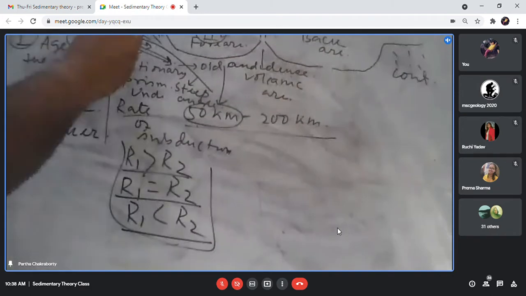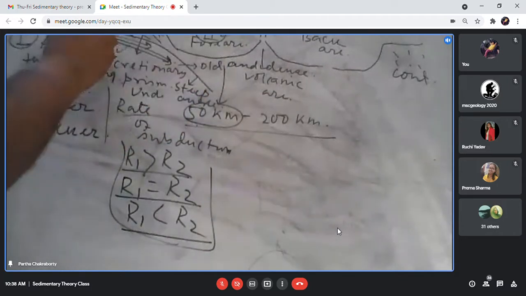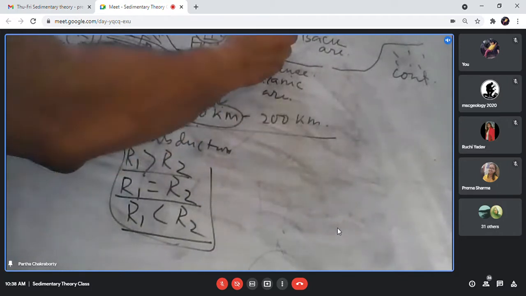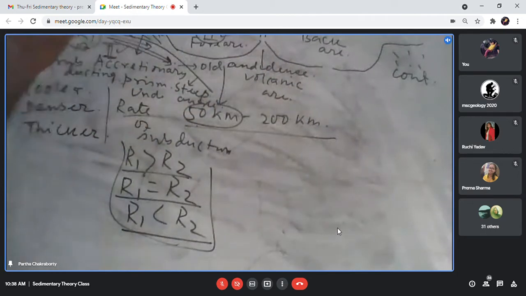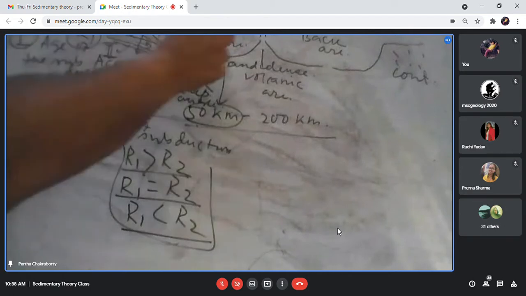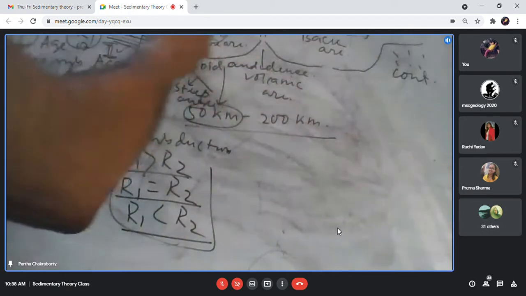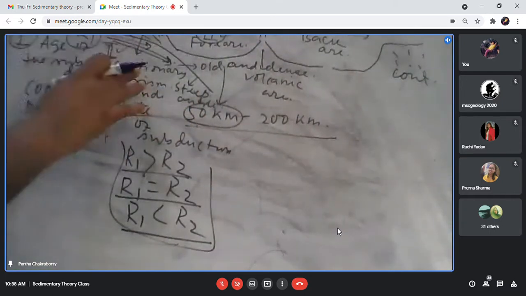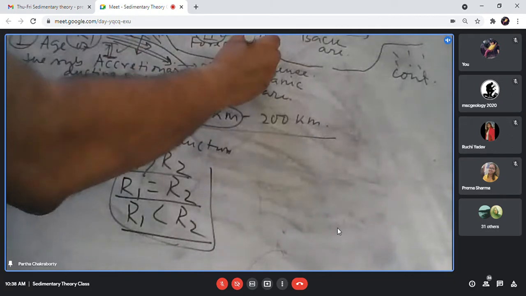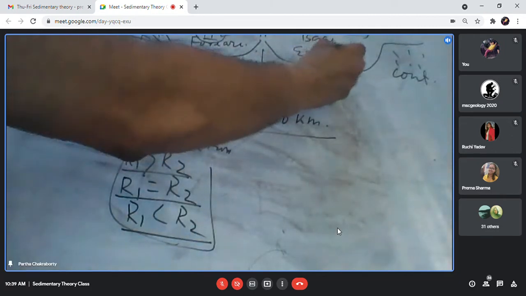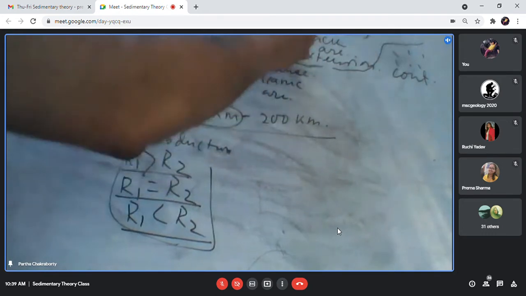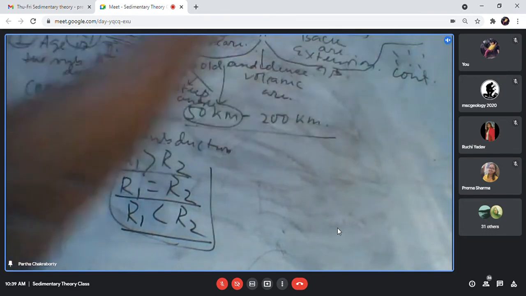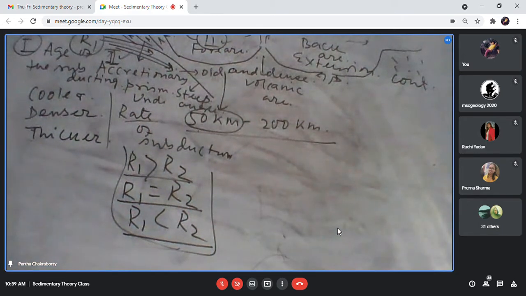Because the rate at which it is going down exceeds the rate at which it is converging to the trench, to match it, it will get extended. It will try to extend itself to match this rate. So what will you expect? First, the arc trench gap will be low, and there will be extension at the back of the arc, opening a back arc basin. The Pacific West Coast is a typical example.